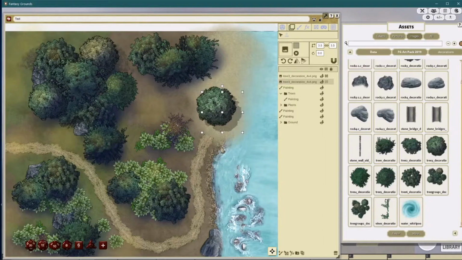So do you guys have any more questions about this before we move on to some of the other elements that